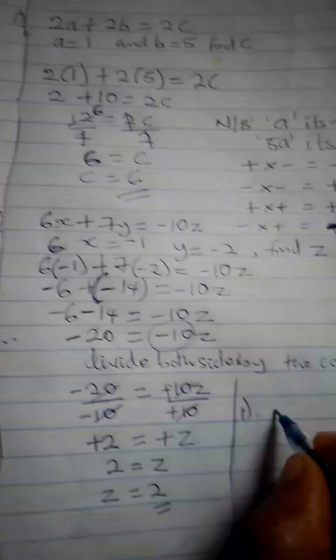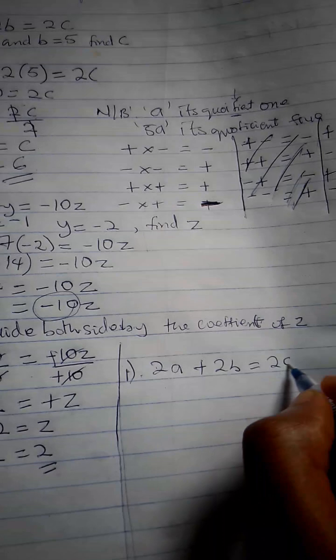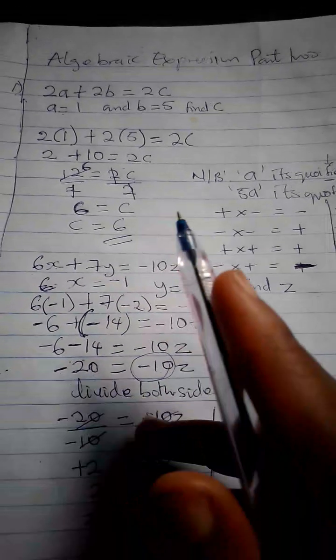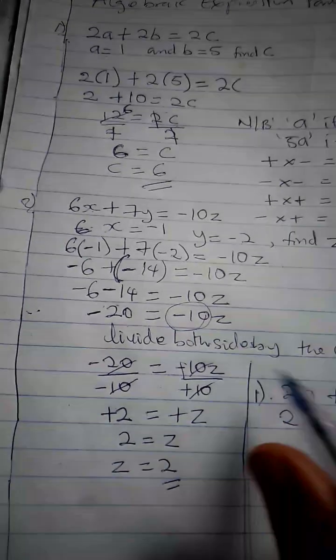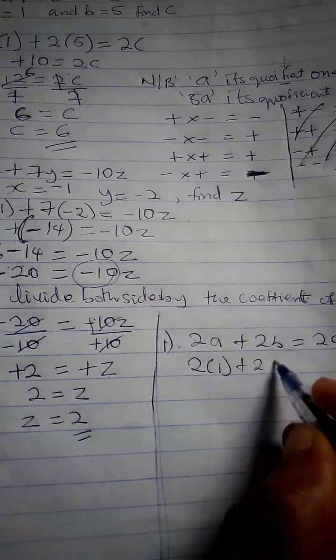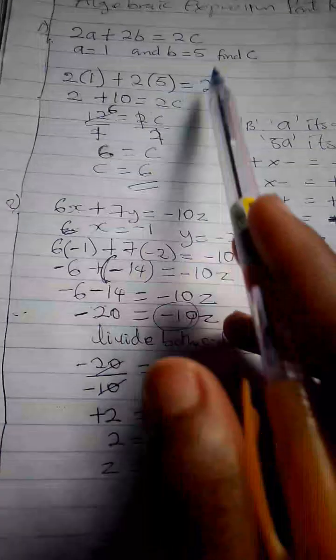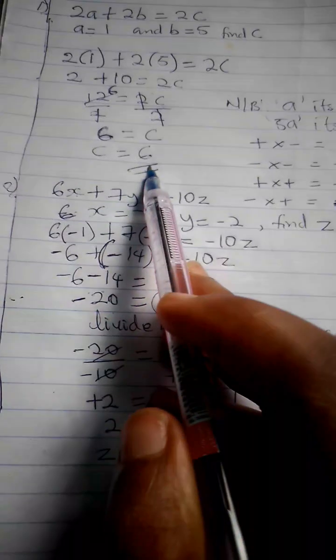Our number 1 question was given as 2a plus 2b is equals to 2c. And he said a was 1, b was 5, and we also got our answer c as 6. So let's substitute all that into this equation right now, or expression. That is going to be 2 bracket 1, which is a, and 2 bracket 5, which is b, and then equating to 2 bracket 6, which we got. So we're going to use that to just check